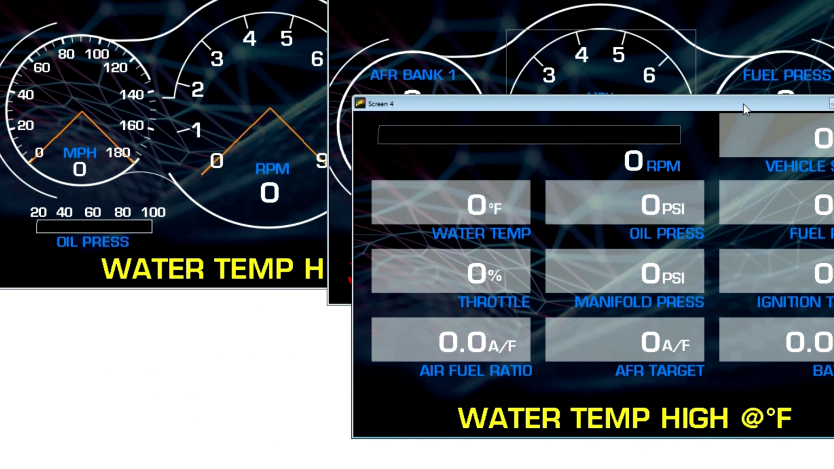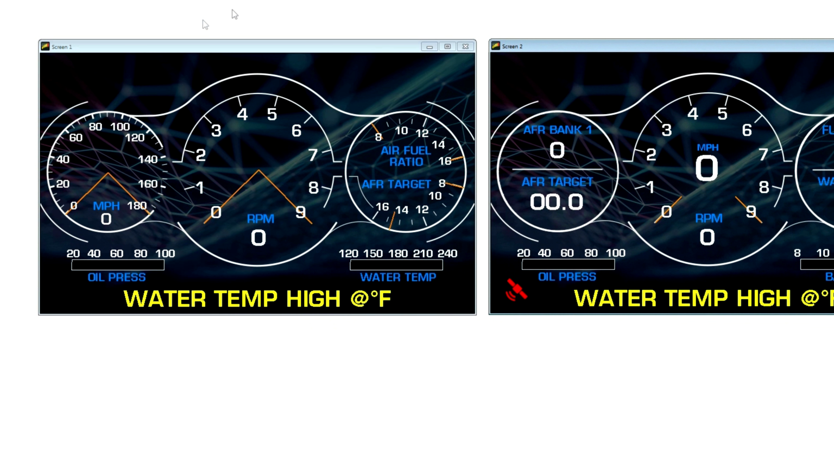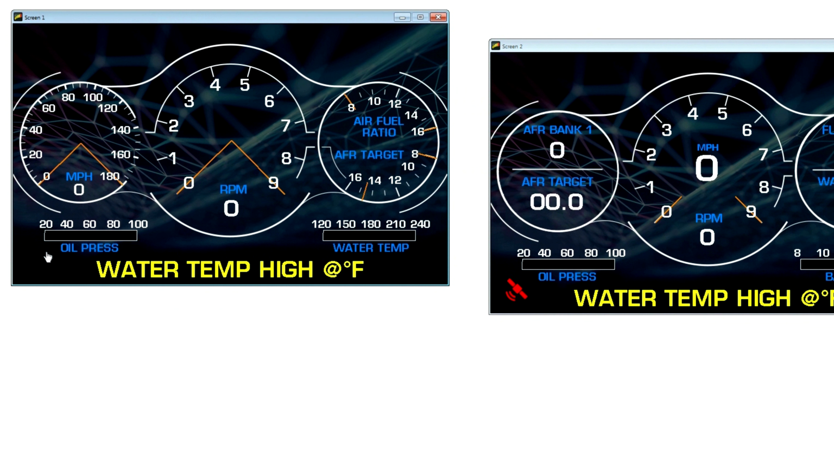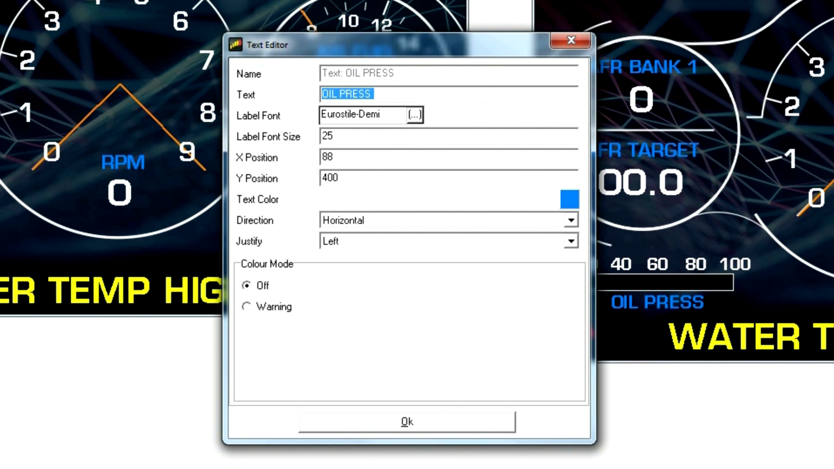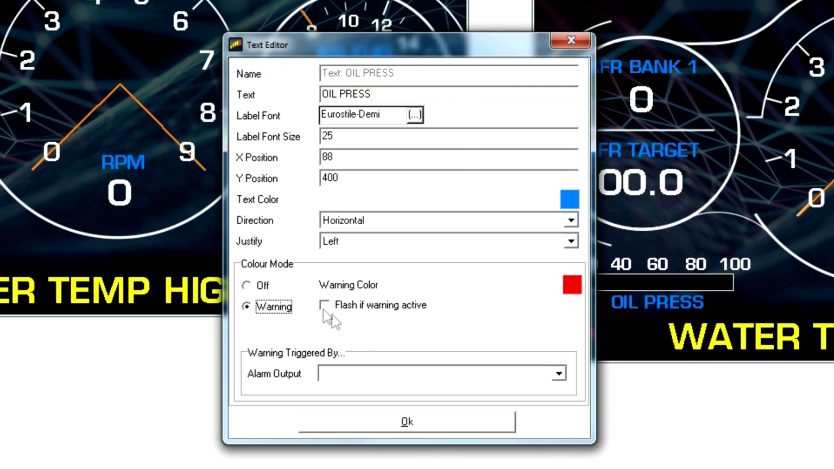Okay, now we're going to go into our screen 1 and screen 2, and we're going to do the same thing for our oil pressure and our water temp and our air fuel ratio. So what we can actually do is we can come here and we can actually make the text change color as well. Now this one I will make flash because it's not displaying the numerical readout, it's displaying the text